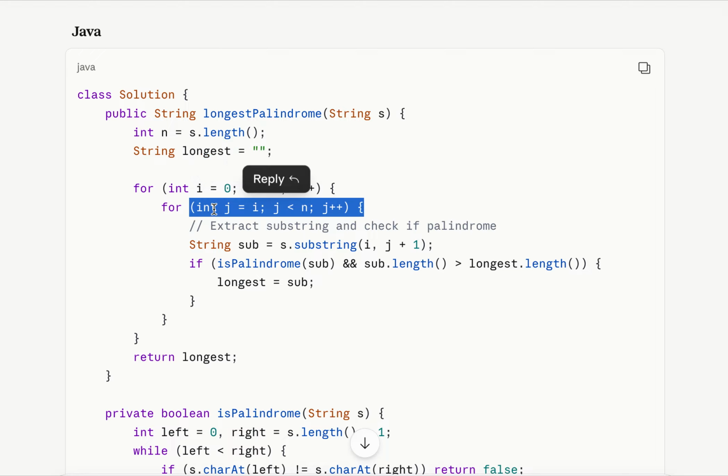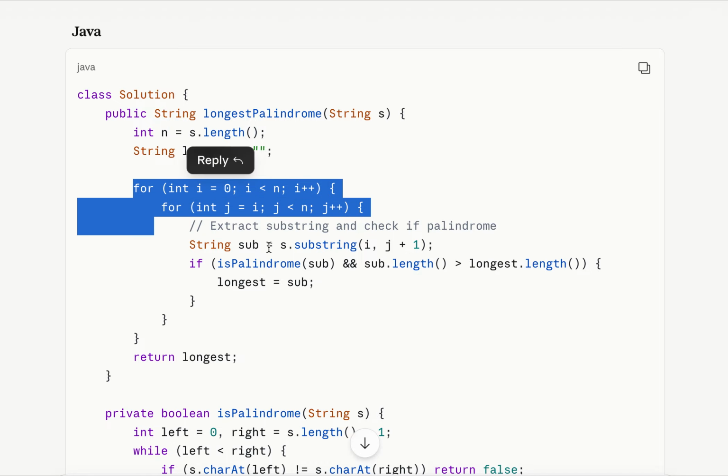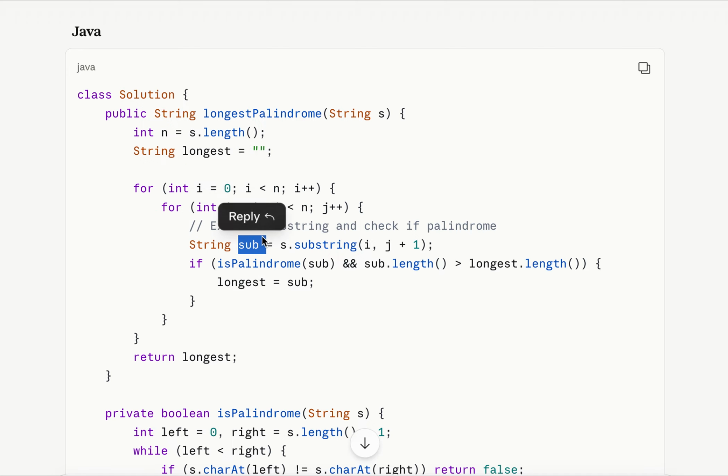So first we will start from i, and j will go till the end of the string. Using these two nested loops, we will find a substring, and then we provide that substring